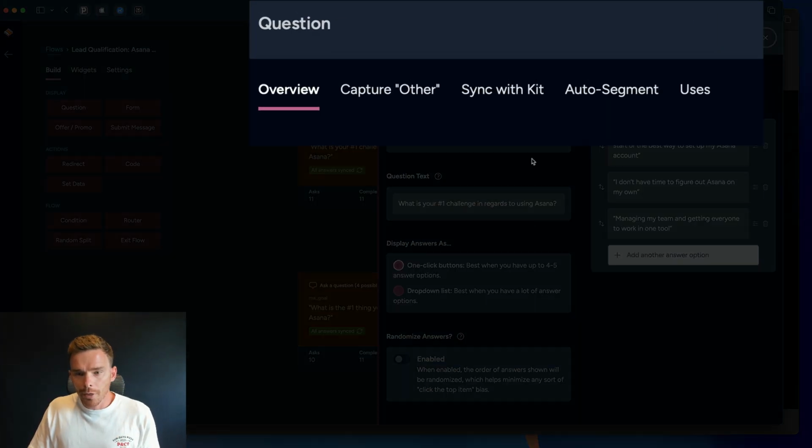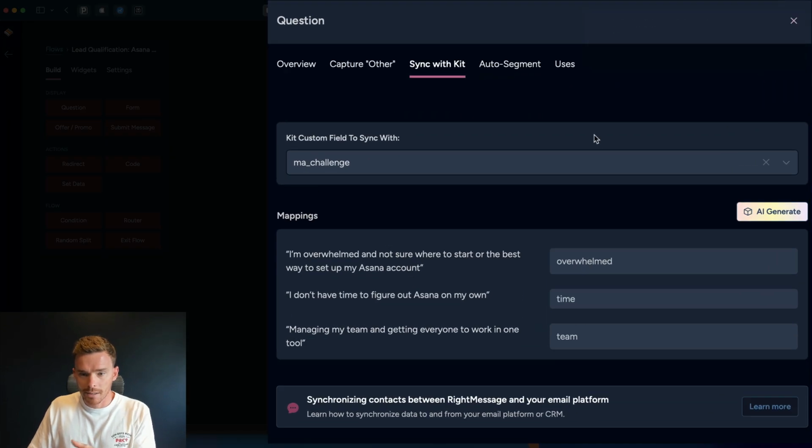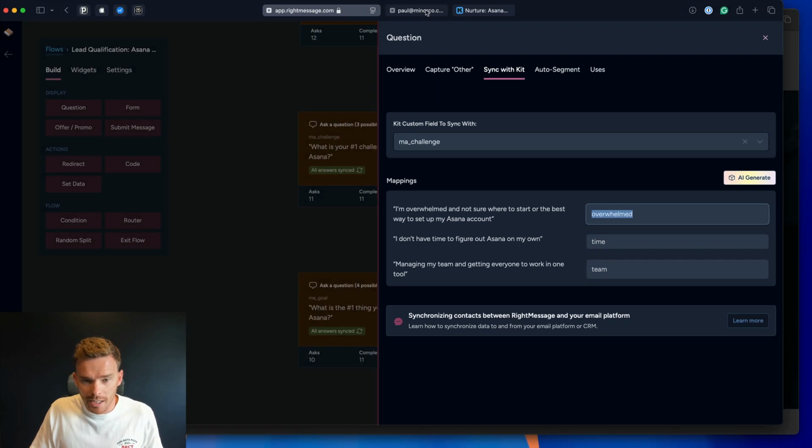Now, the important thing we do here is we sync the answers with Kit. You don't have to use Kit. If you use Mailchimp or ActiveCampaign, this will work equally well. And so what we've said here is, if they say, I'm overwhelmed, put this word overwhelmed into the MA challenge custom field. And so now if I go to Kit,